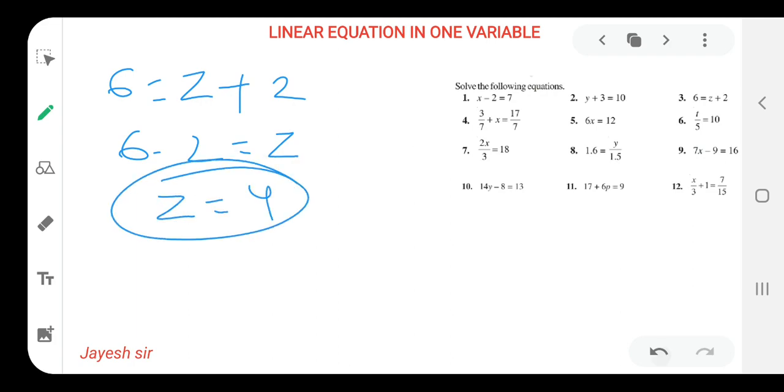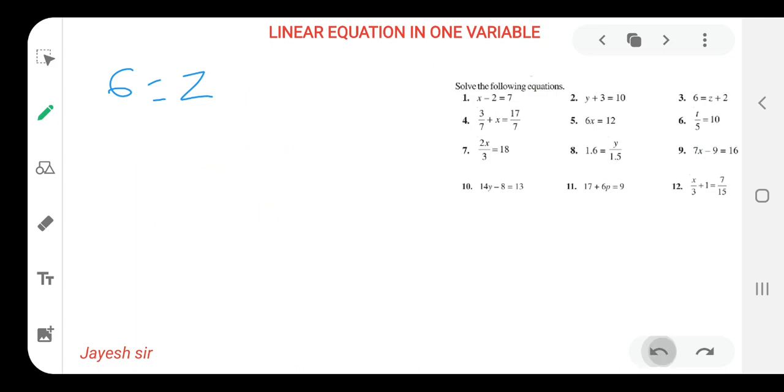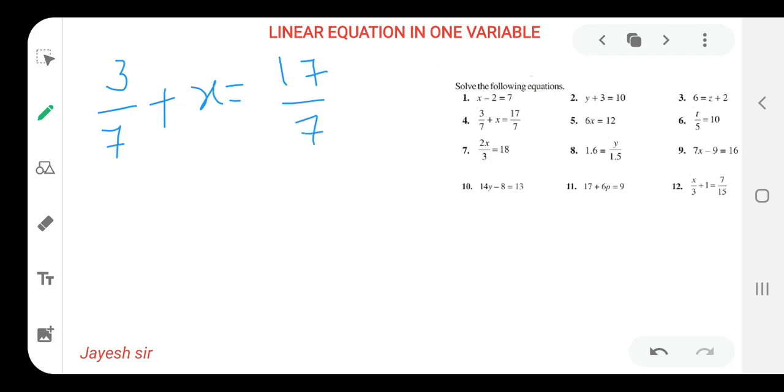So let's begin with our fourth sum. The fourth sum is a little bit different: 3 by 7 plus x equals 17 by 7. Now in this sum, what are we supposed to do? We have to get the value of x. So we'll move 3 by 7 to that side. So 17 by 7 as it is, and 3 by 7 after going to that side will convert into minus